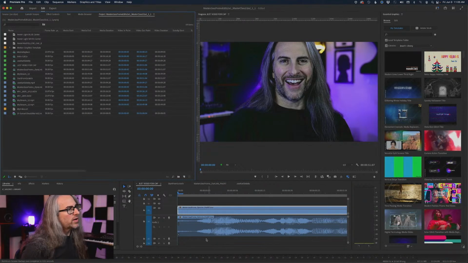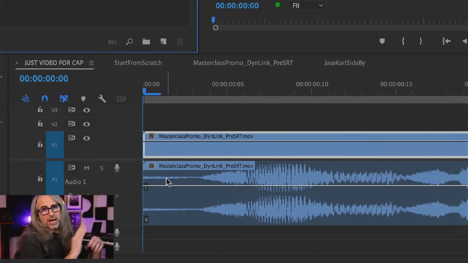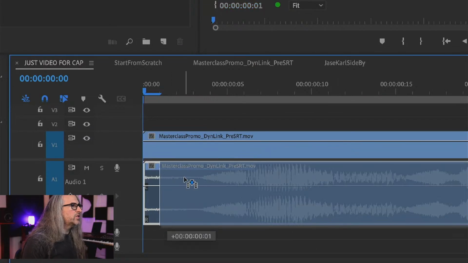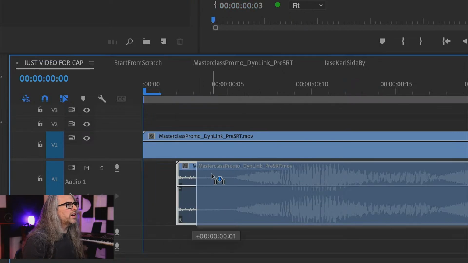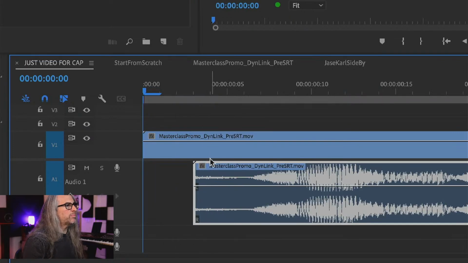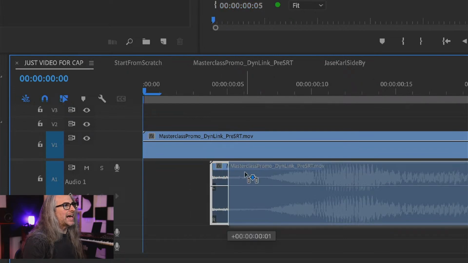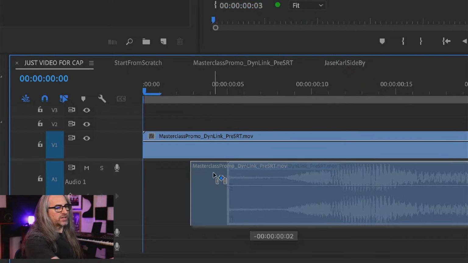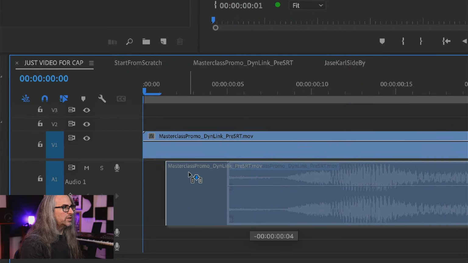Oh, it's a 30 frame timeline. Okay, doesn't really matter. All right, so without doing anything in Premiere, you see the frame indicators up above. If I just move the audio, I can be imprecise. It's always going to snap it to a frame. And you can actually see the little tooltip indicator down below, how many frames I'm moving back to front.